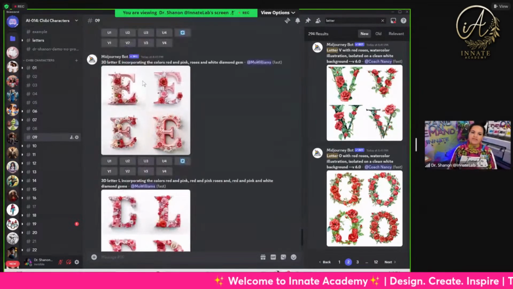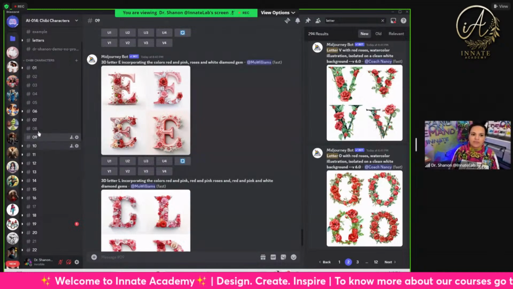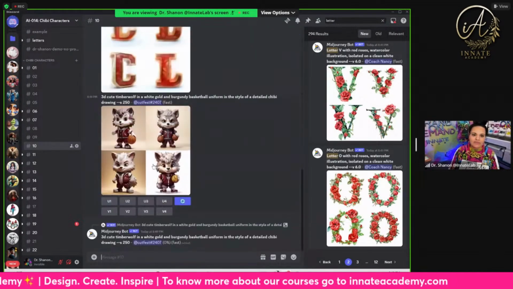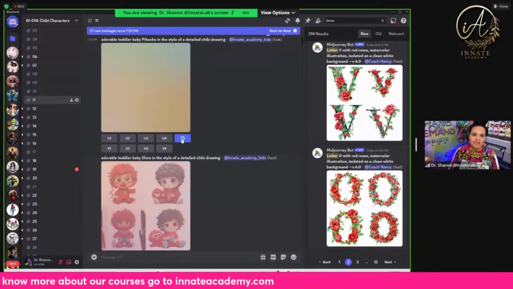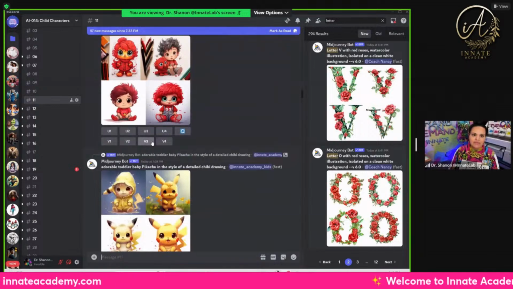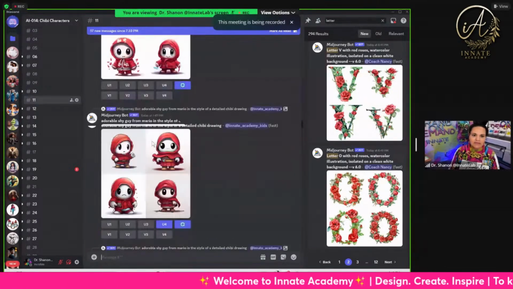All right, so let me go on to Photoshop so I can show you. If you want to use your letters, you're probably going to have to do some work. Let me see. I'm just going to check a couple more rooms too. I think I'm going to let y'all work a little while longer while I'm doing Photoshop, because I think some of you all are still working. I want to check your work. Okay, so this looks